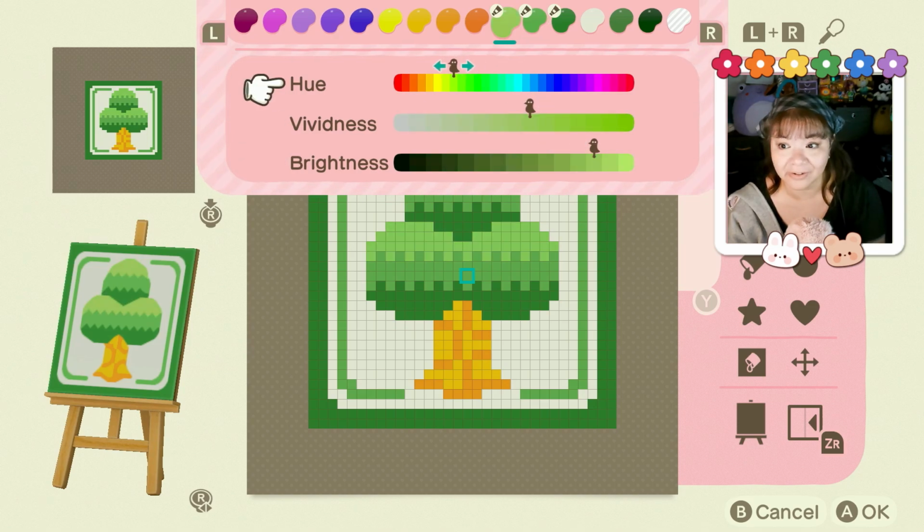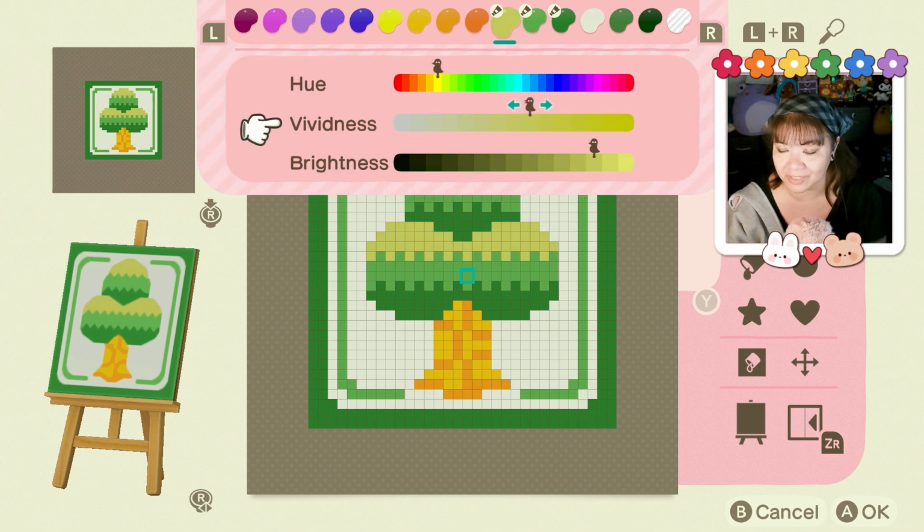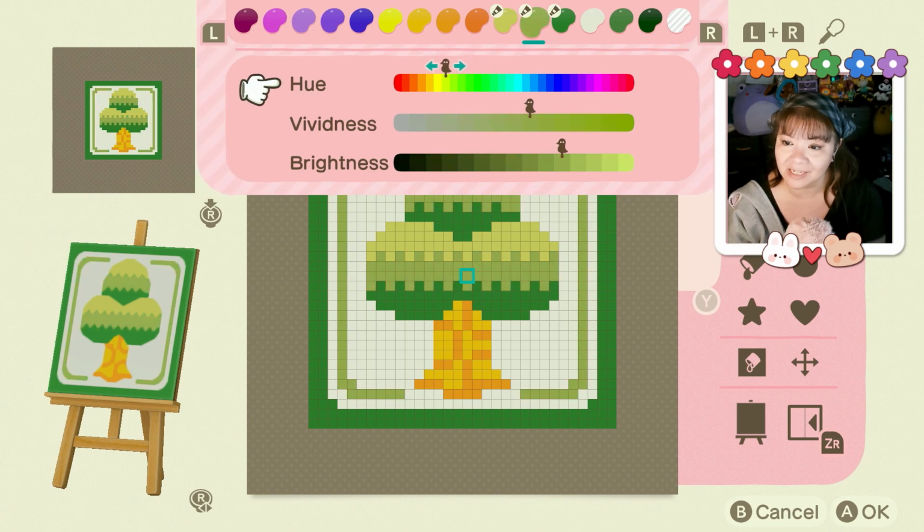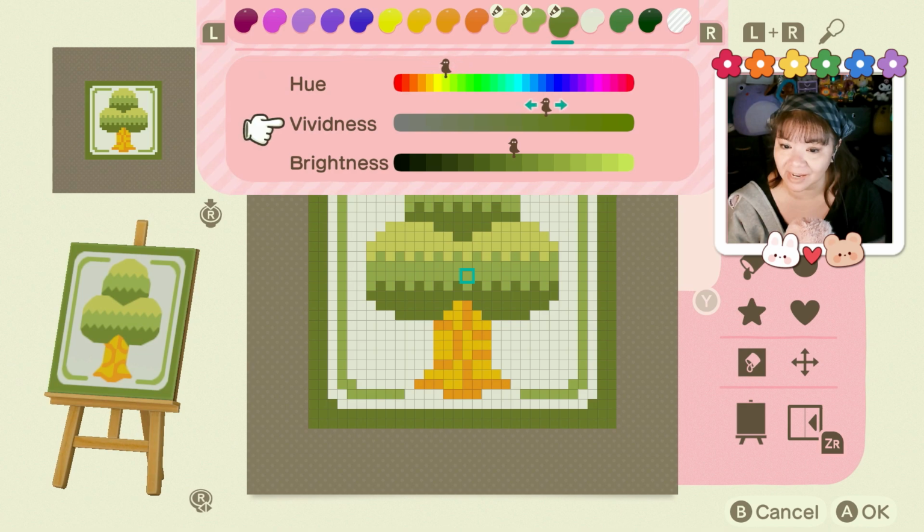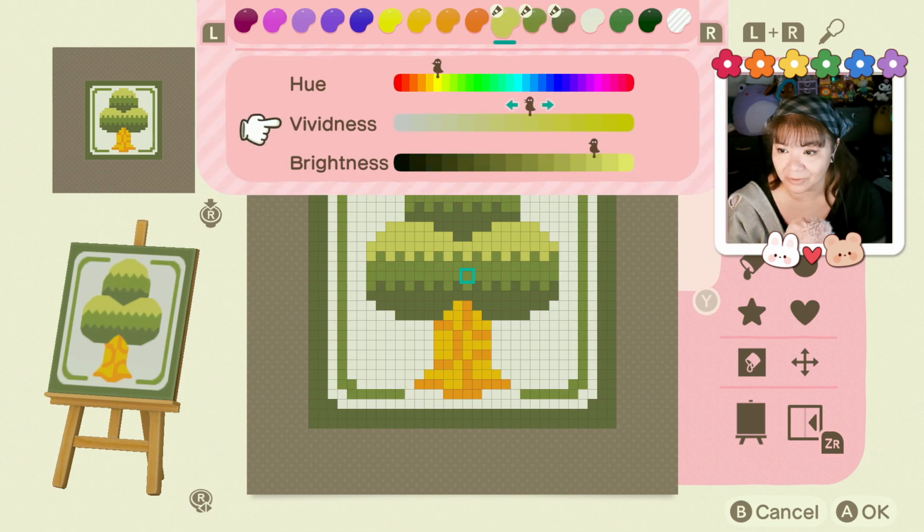And in fall, you're going to take it all the way down to the yellow. Now the yellow does come up almost like a green in certain saturations. So you're going to want to take this top color all the way to the yellow. If you would like to keep some green, then you would take it to this color right next to there, and then you would sort of just darken it out. That's all you really have to do, is darken it out a little bit, and you have your fall green,